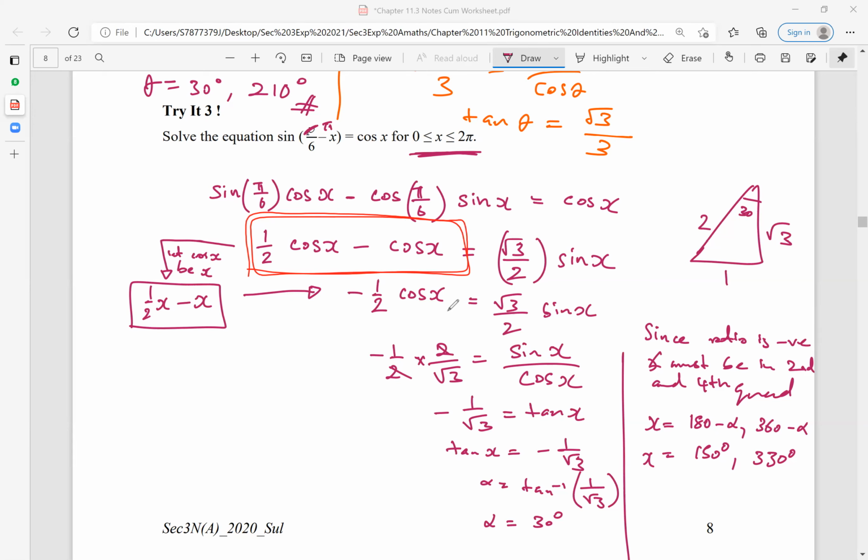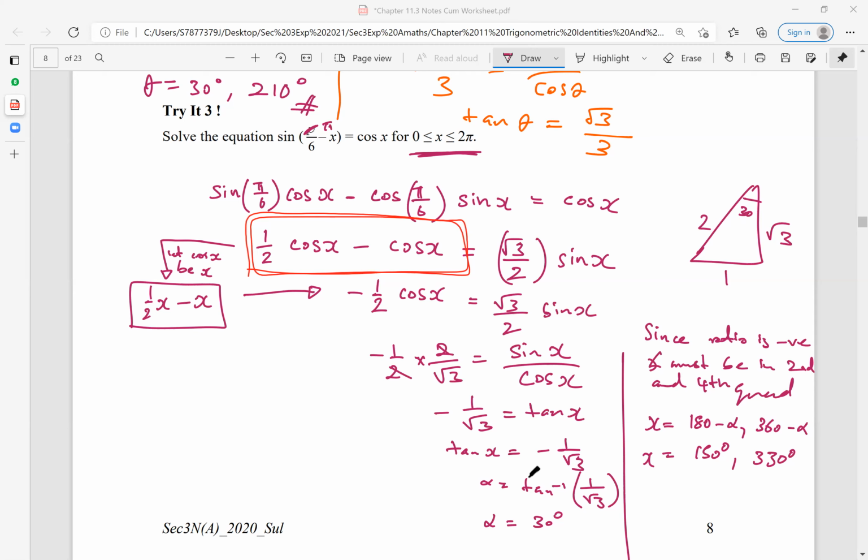And then what I do over here is that I move this over here, and I move this over here. So that's how I get this. And then once I get the tangent x, you should know that this is minus 1 over square root 3. Minus 1 over square root 3 means the ratio is